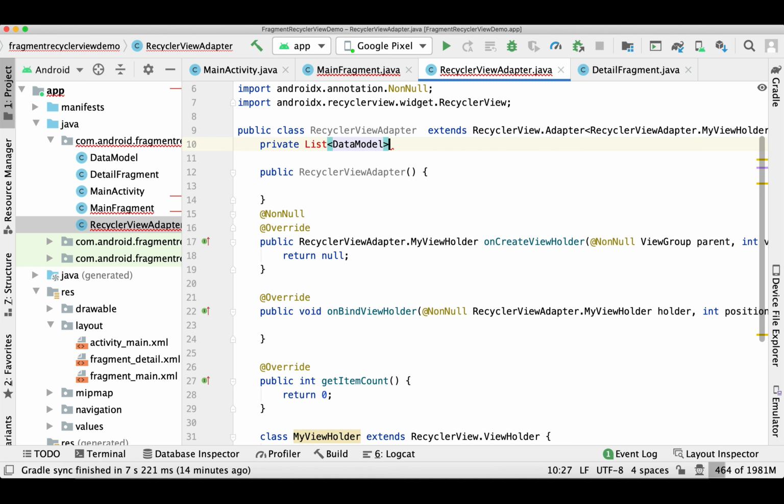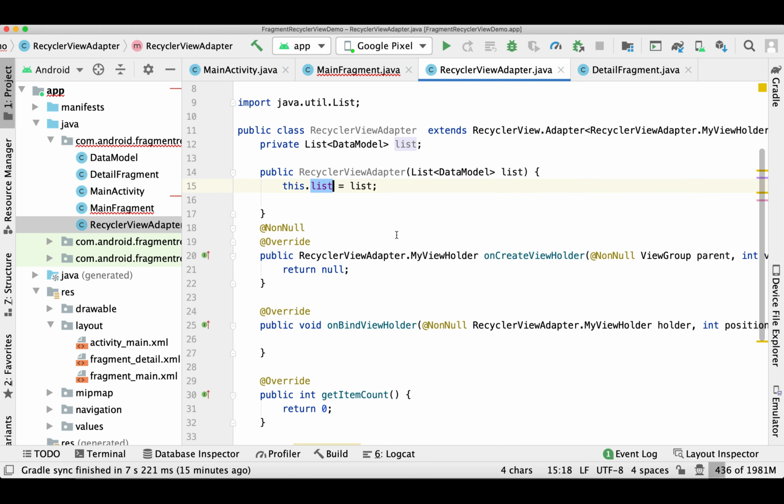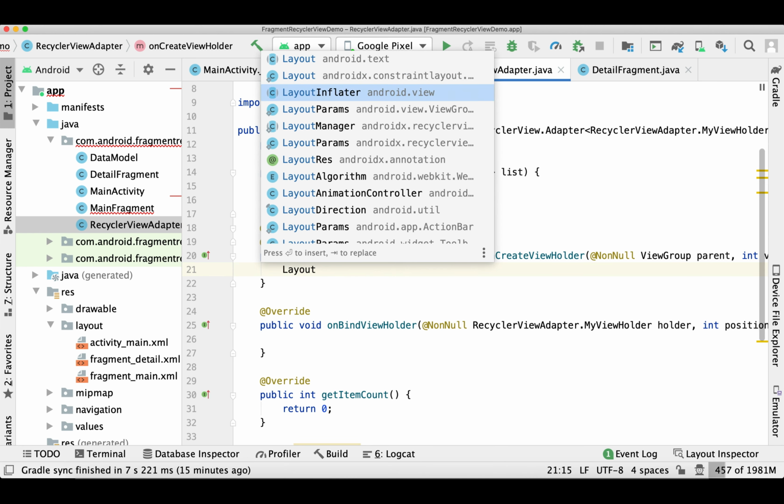So this adapter is going to hold a list of data model type, which we are going to pass from the fragment. We'll build data on a fragment. So that list data we'll get inside the constructor.